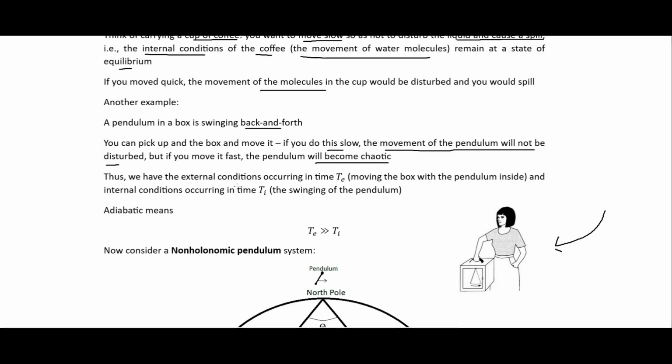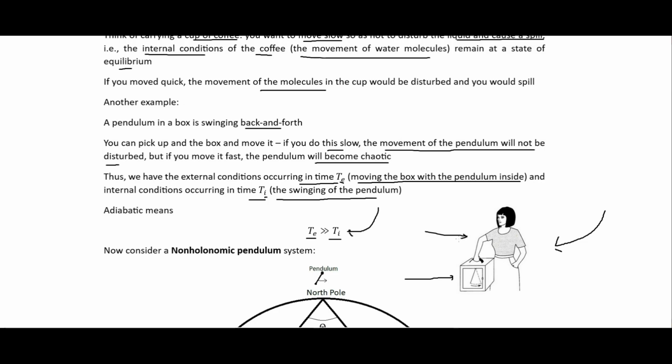And so we have the external conditions occurring in time t sub e. So this would be moving the box with the pendulum inside. And the internal conditions occurring in time t sub i. So e for external, i for internal. And here the t sub i would be the swinging of the pendulum. And so adiabatic means this: the time it takes to do the external thing is much greater than the time of the internal thing. So the pendulum is swinging back and forth in this box,